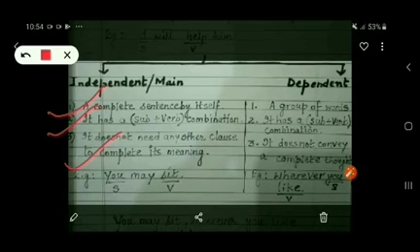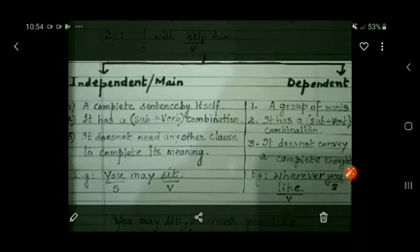So, with the given example, it will be more clear to you. You can see a group of words here with a subject-verb combination in it. Example is, you may sit. You is the subject here and sit is the verb. So, we can say the subject-verb combination, a group of words, gives us a complete idea, a complete thought, and a complete meaning.